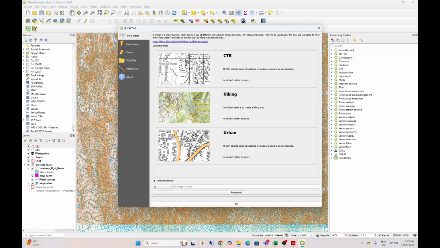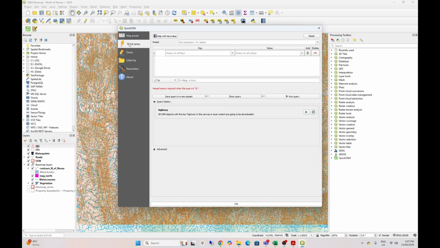These are some preset downloads. I don't think we need to worry about using those. I've just got my own recommendation. All we need really is the roads layer. So we'll just go to do a quick query. And I know from experience with this that all of the track and road features we want are given a key in OpenStreetMap called highway. So we type highway in here,